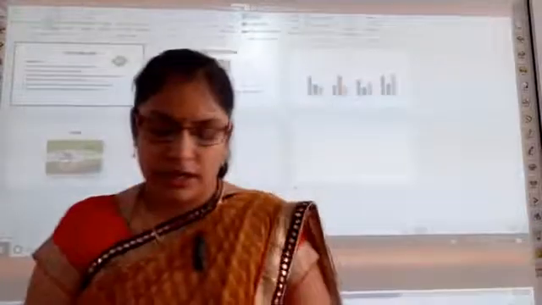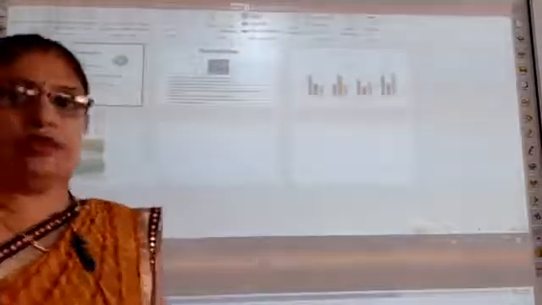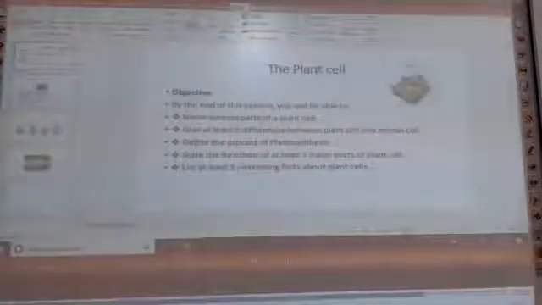Then next is outline view. Let's see what outline view is. This view helps you to sort and organize the sequence by dragging the slides. Outline view displays the outline of the slides in the slide pane on the left.